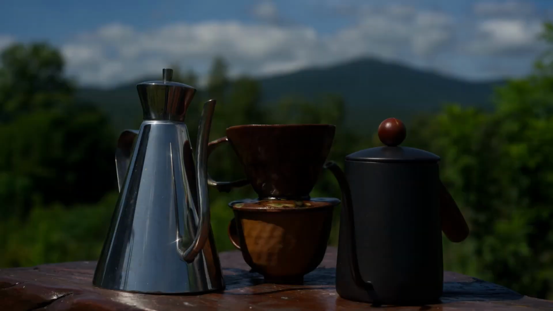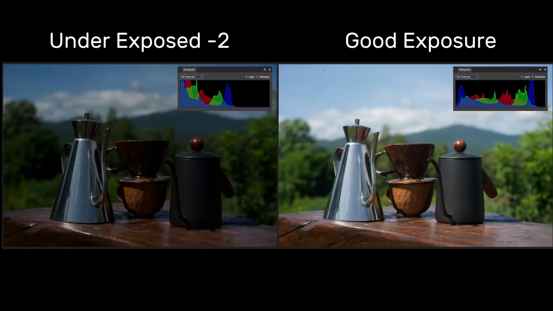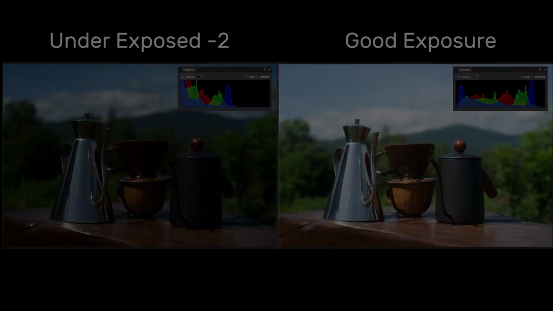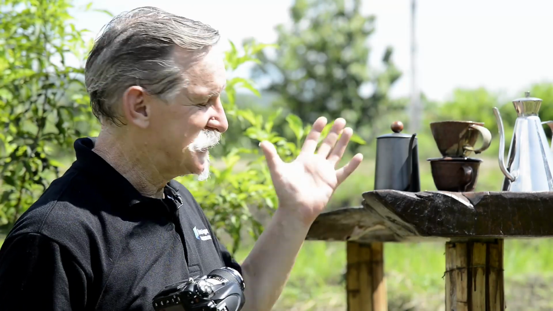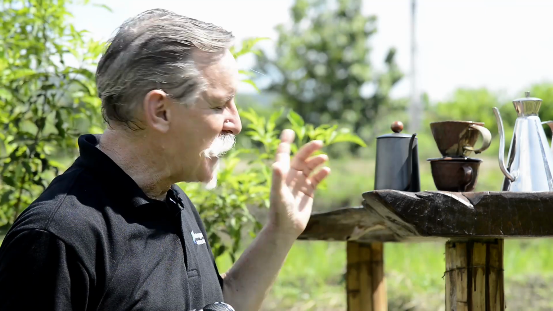Next, adjust your exposure compensation to -2 and take some more photos of the same thing. Have a look at the histogram and compare each set of photos. Don't forget to take notes about the changes you're making to your settings and what you're observing. So from this angle where some of my subject's in the shade and it's really bright behind them, when I expose for the subject, for the dark cups and the dark jug, then the sky is really overexposed and you can see this clearly on the histogram and on the highlights indicator.